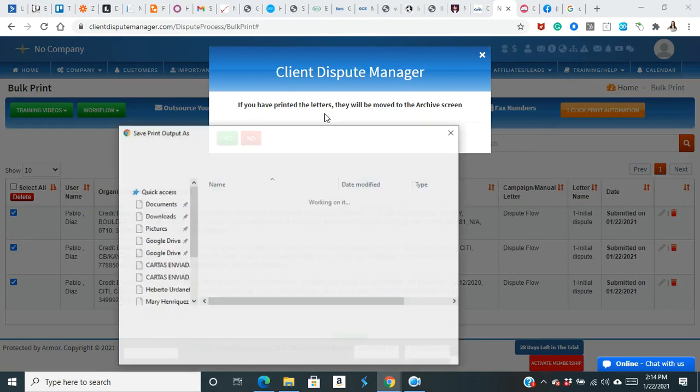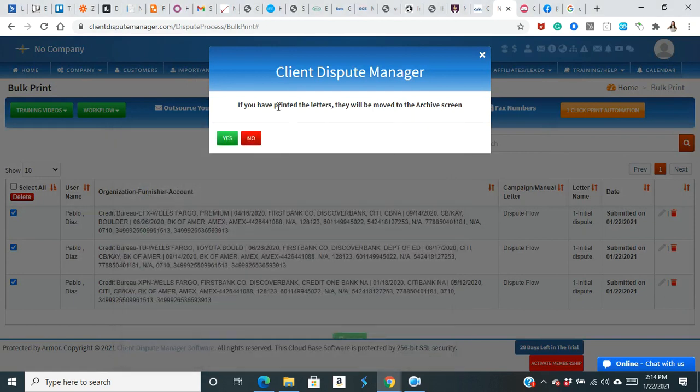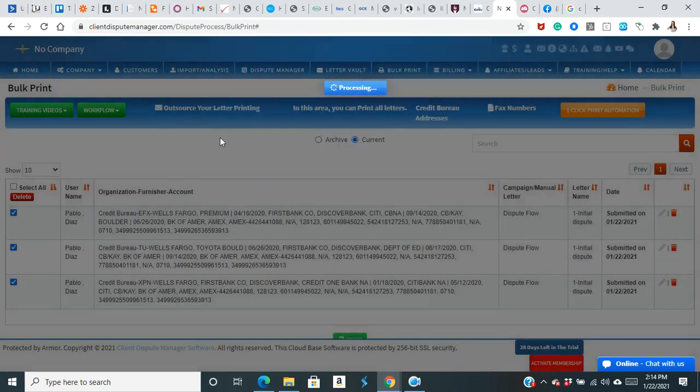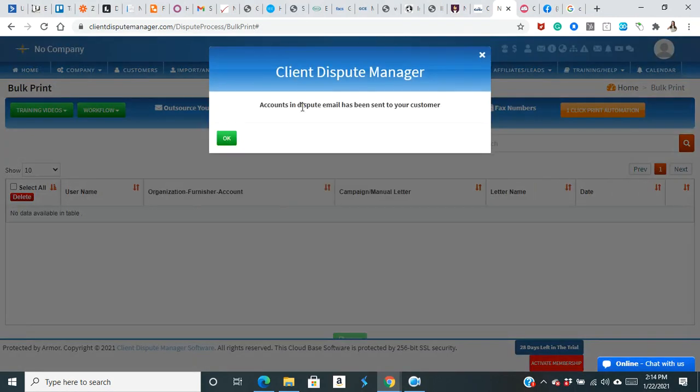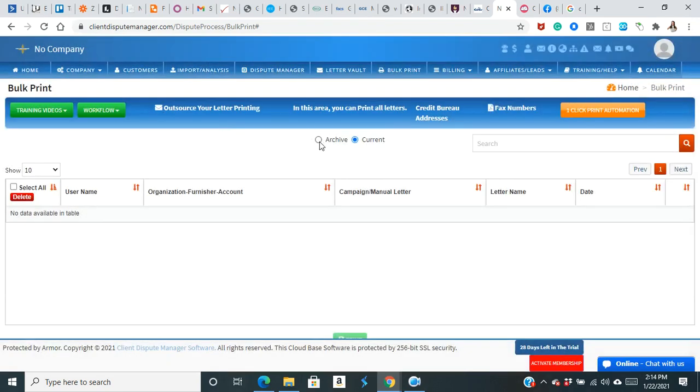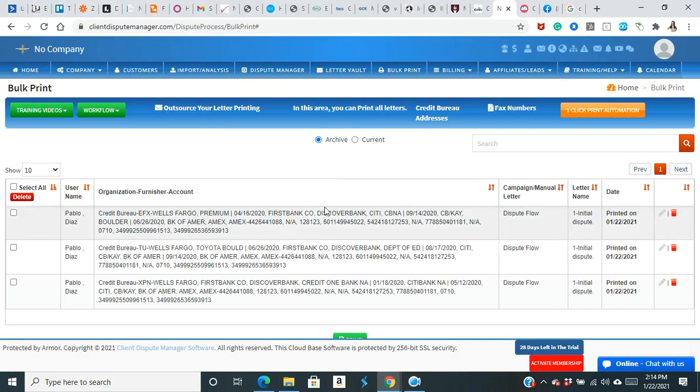I'm gonna click print, but I'm not gonna print. And it will say, if you have printed the letters, they will be moved to the archive. Okay, yes. So now accounts in dispute email have been sent. So the client has received an email saying that we are disputing. And here we'll see